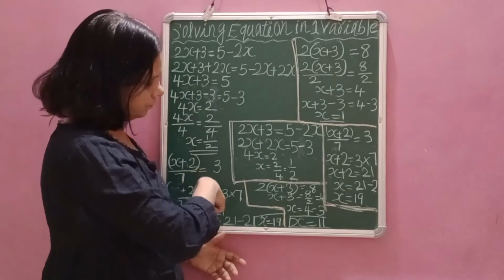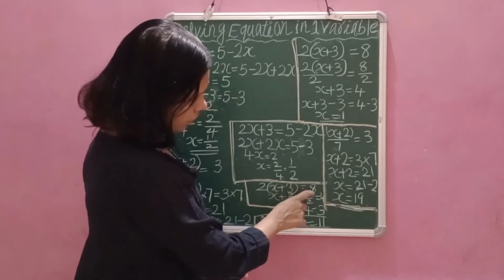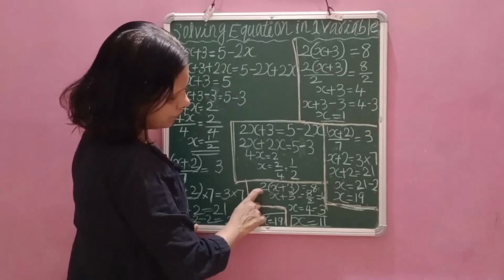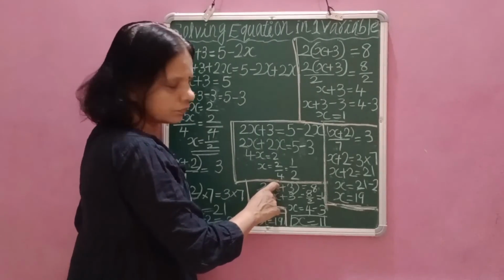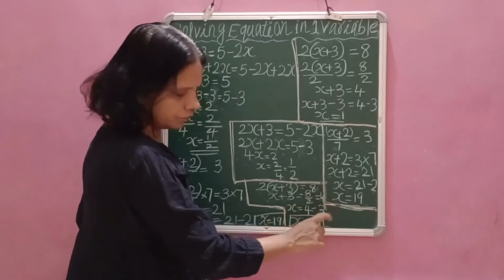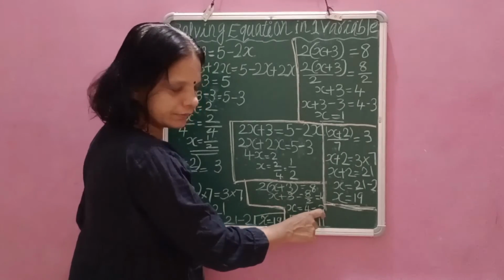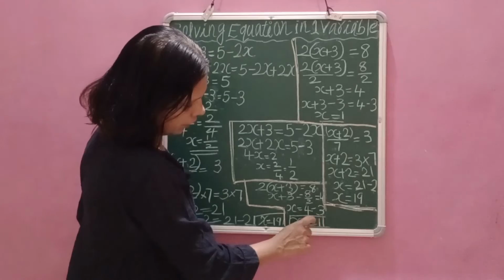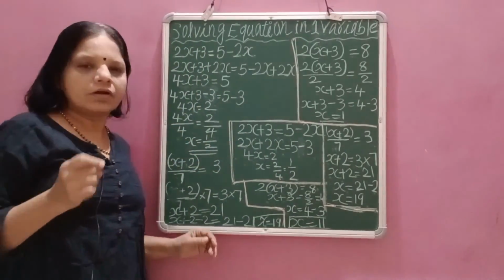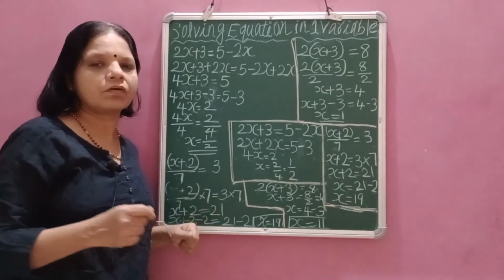And the other sum, 2 into x plus 3 equal to 8. This same sum. So first we will take 2 into, then it becomes upon. So x plus 3 equal to 8 upon 2 equal to 4. Or x is equal to 4 minus 3, plus 3 becomes minus 3. 4 minus 3 or x is equal to 1. In this way easily we can get once you understood how it is solved using property of equality.